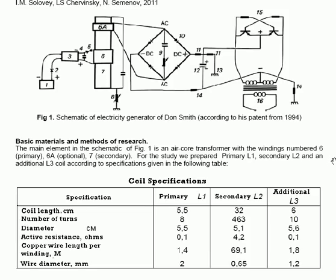The secondary coil had a 32 centimeter length when it was finished. It took 463 turns to do that. The diameter of the former was 5.1 centimeters. The DC active resistance of the finished coil is 4.2 ohms. The length of copper wire used in winding the coil was 69.1 meters, and the wire diameter used was 0.65 millimeters. His additional coil, L3,